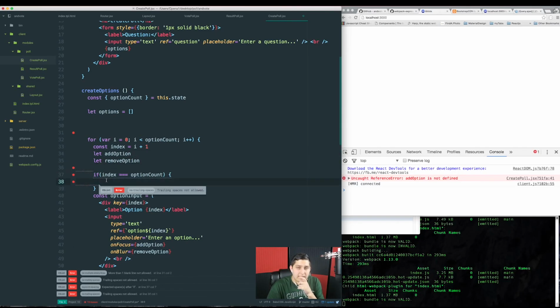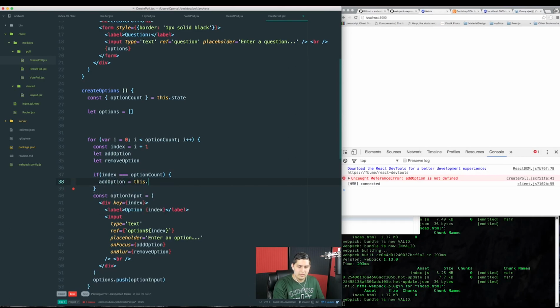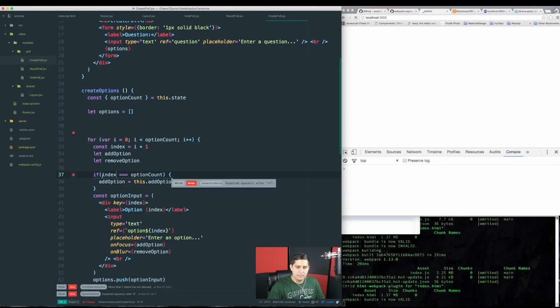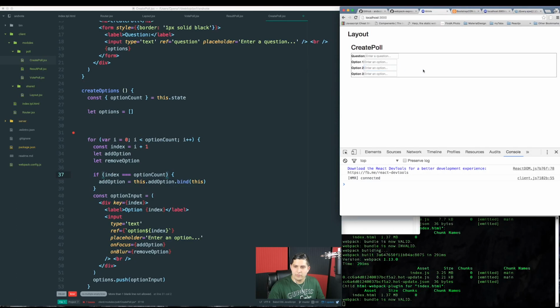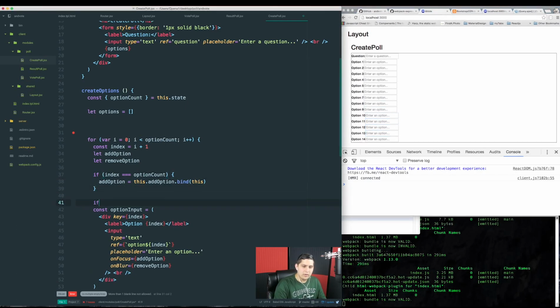So if it's equal to that, so if it is the last value in the row, then go ahead and make add option equal to this dot add option dot bind to this. And I'll do this. So if I go right there, okay, there we go. We'll see that anytime I click on that, it will add a new one, but it won't remove it whenever I go outside of it. That's not ideal. So now we're going to want an if statement for if index is equal to option count